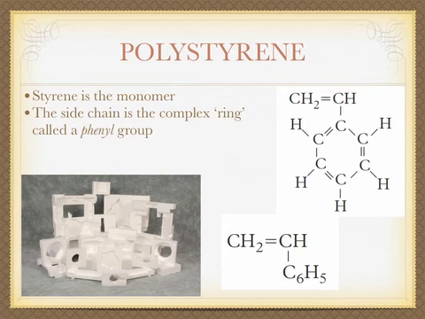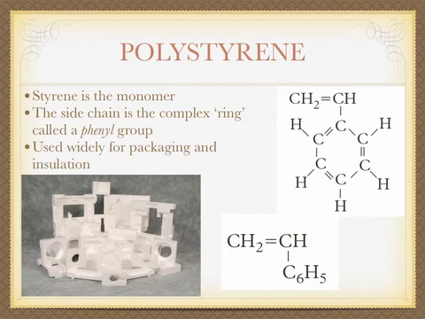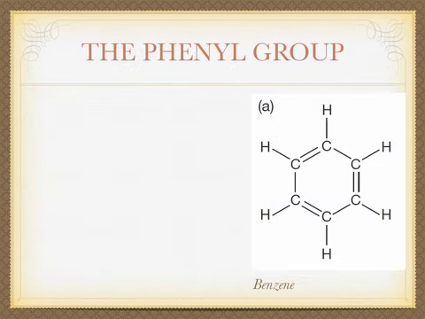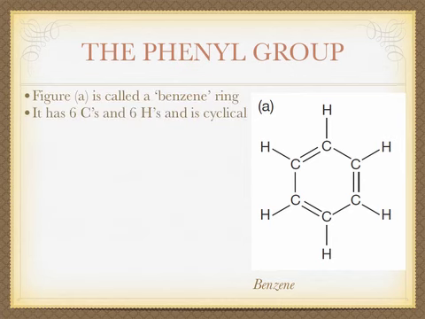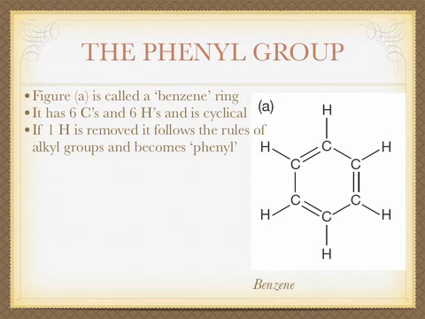Now the benzene ring is actually more accurately referred to as a phenyl group. Phenyl is what you get when you remove a hydrogen from the benzene group. Now that's sounding a little bit more complex, so I will explain it in this way. Have a look on the screen now. You have a benzene ring. Notice you've got C6H6. If I was to remove one of the hydrogens, it would become an alkyl in the same way that